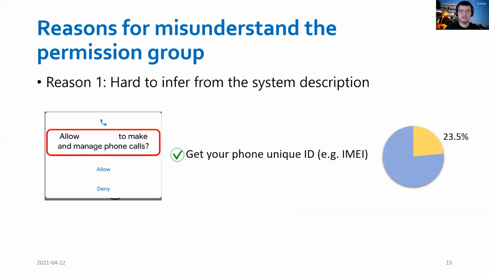Based on the stats, we find that there could be 2 reasons for users to make wrong choices. First, users may miss some options because it's hard to infer them from the system description. As shown in this example, the information only shows "allow this app to make and manage phone calls." Only less than a quarter of users know that after granting this permission, the app can get your phone's unique